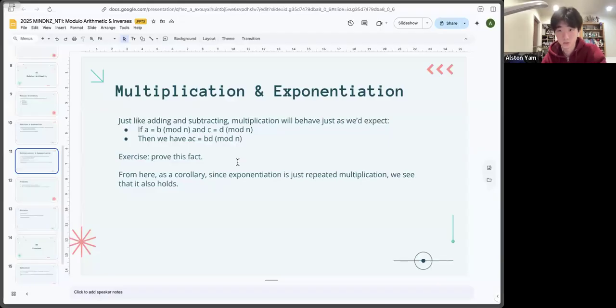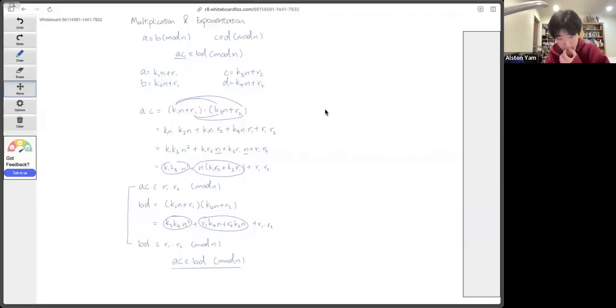So if we have two terms that leave the same remainder when we divide by n, when we multiply them together, the remainders will also multiply under mod n. That is essentially the same thing as our normal multiplication. And as a corollary, exponentiation is actually the same thing as multiplication, because we are just repeatedly multiplying the same thing. So if we go back to the whiteboard,